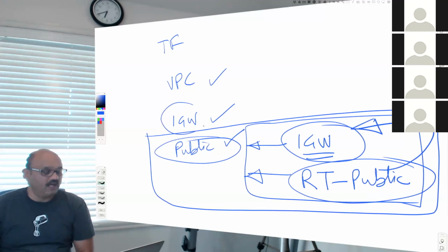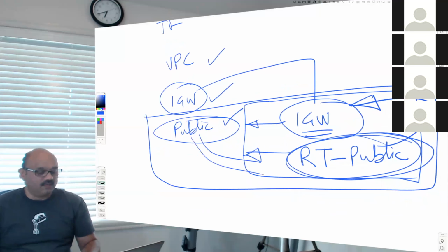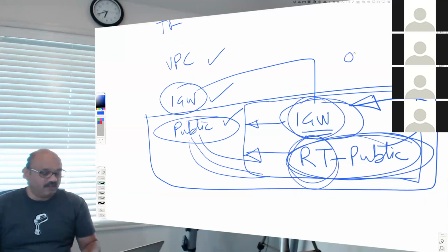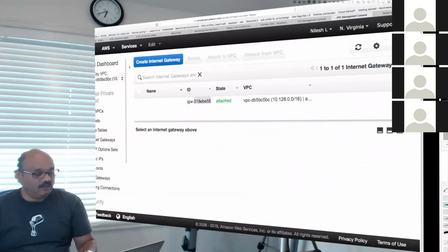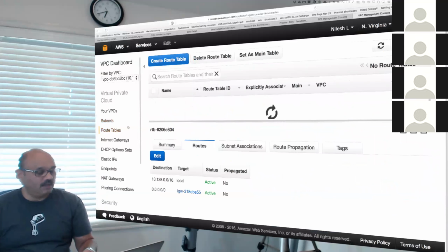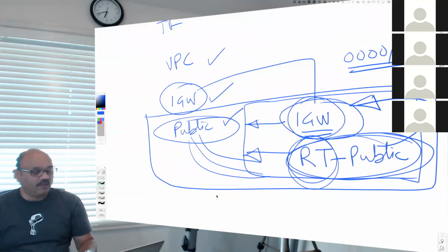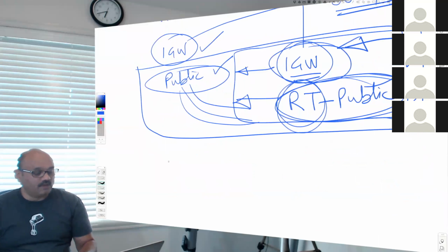And this gateway was used here. This route table got created. It has a route table to public subnet association mapped correctly. And it has a route defined from this routing table through the gateway out to the public internet, 0.0.0.0/0, that you saw already in this location. The subnet is available, and the route table shows you it can go anywhere it wants to through this gateway, which is now active.